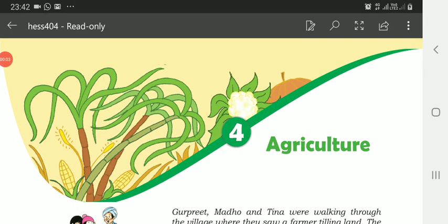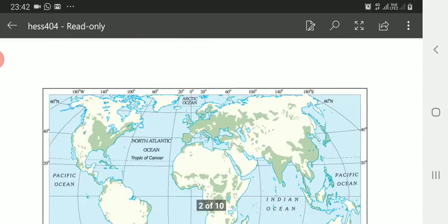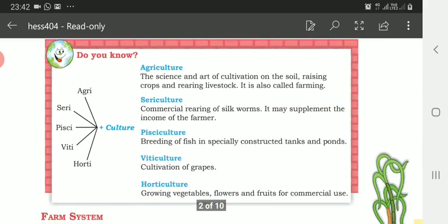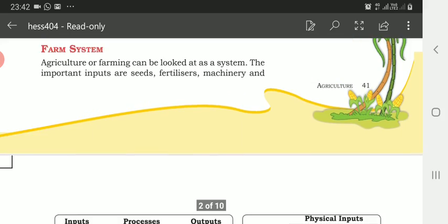Good morning, students. So, we were discussing chapter number 4, Agriculture. In this chapter, till now, we have understood about the different types of agriculture, as well as the definitions of agriculture, sericulture, pisciculture, viticulture, and horticulture. We have understood the farm system,